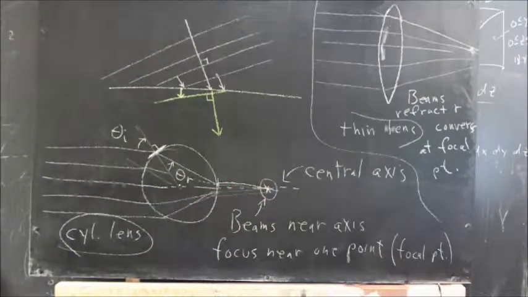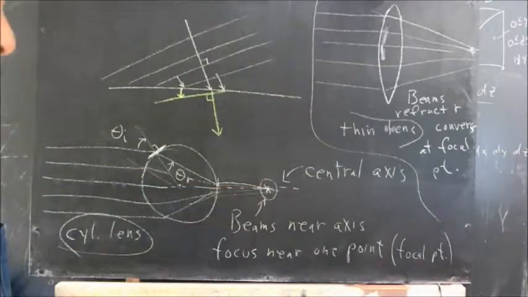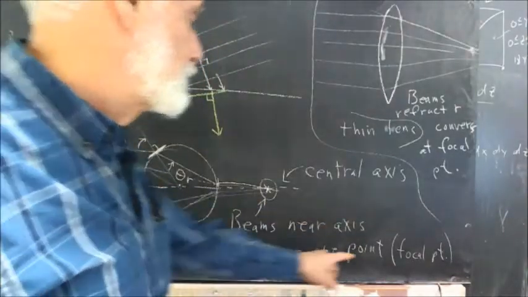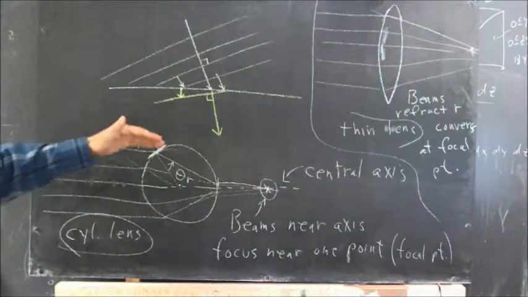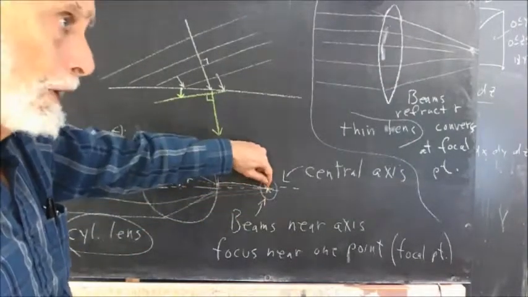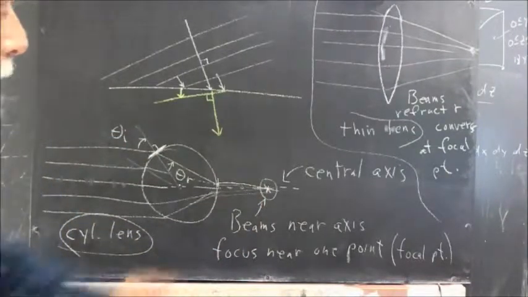Now, when I say they tend to meet around a point out here, maybe on the central axis, I'm going to say that the beams near the axis will focus near one point, which we call the focal point. The beams that are far from the axis are not going to be as close to what we call this focal point. We'll define the focal point as being the point at which